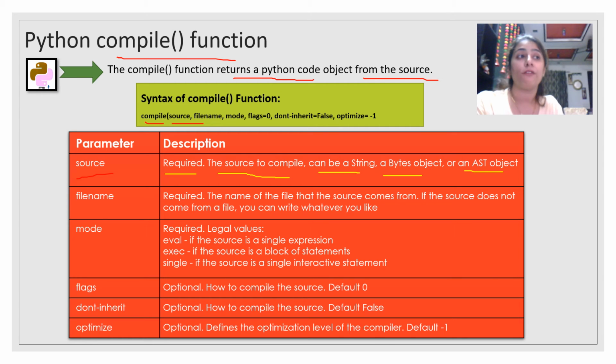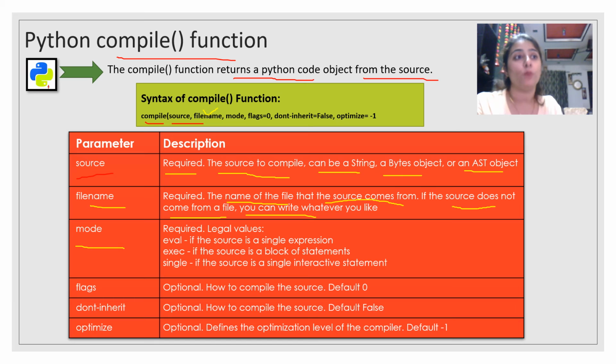Next is filename. It is also required, not optional. It is the name of the file that the source comes from. If the source does not come from a file, you can write whatever you like.